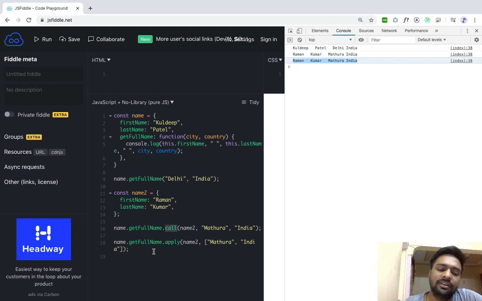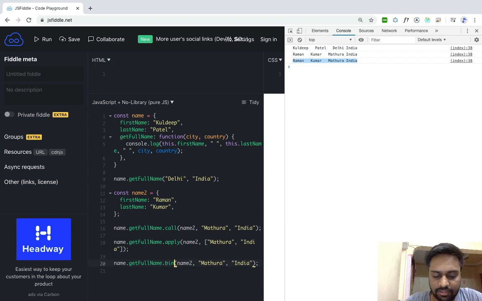And bind takes the arguments in a similar way to call method. The only difference is it returns a function that can be called later on. So let's call bind method on this function.